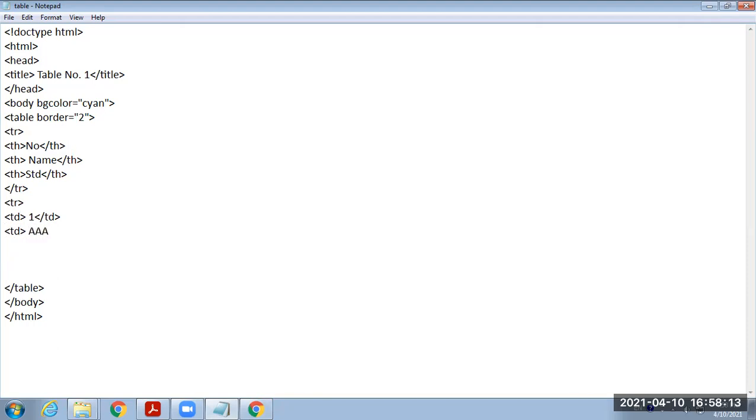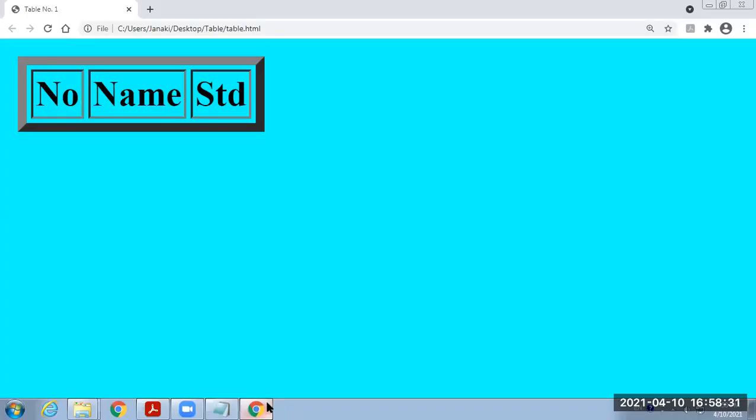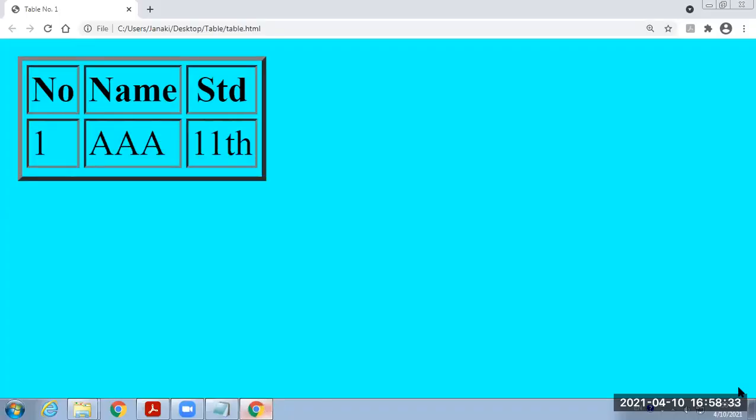Then again provide the name of the student, then end that tag, then the next TD, standard as 11th, and end of TD. Now again end this row. Now save this file and just refresh the output. Got it? Number, name, standard, then the first number, name, and 11th standard.